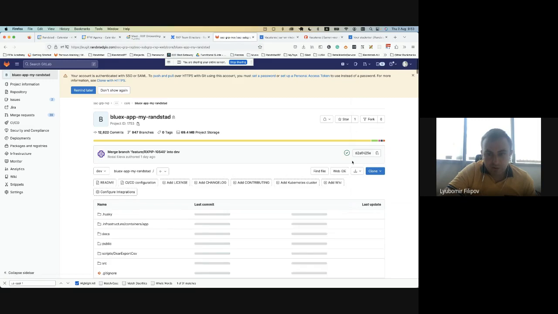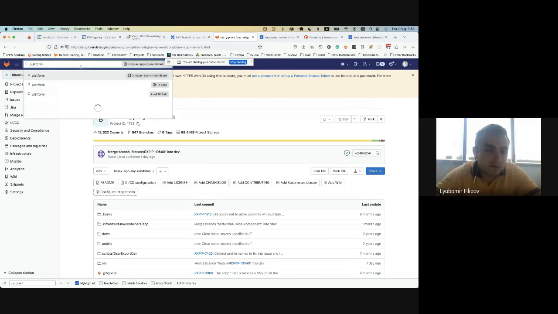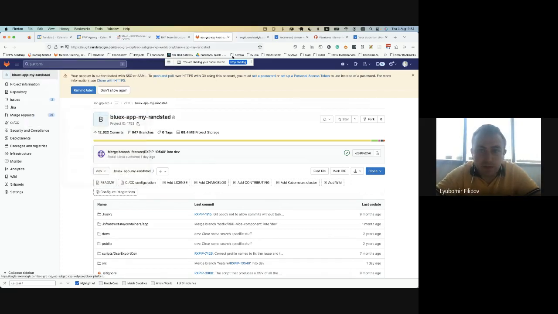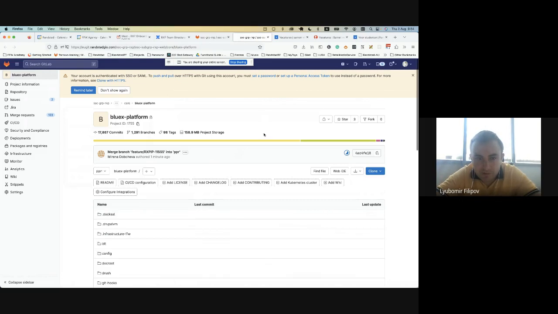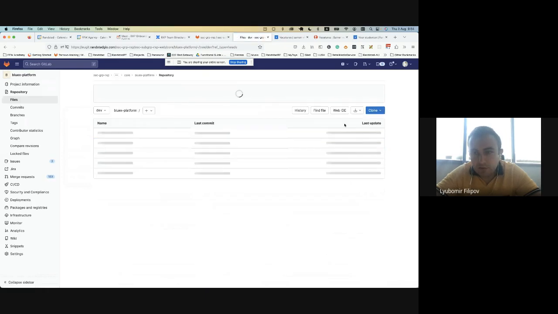If the pipeline is not green, then we have issues and we need to resolve them. And while I am on the pipelines, I would like just to make a small note about the platform where the Drupal lives. I'll go to dev environment just to see. And on dev environment,